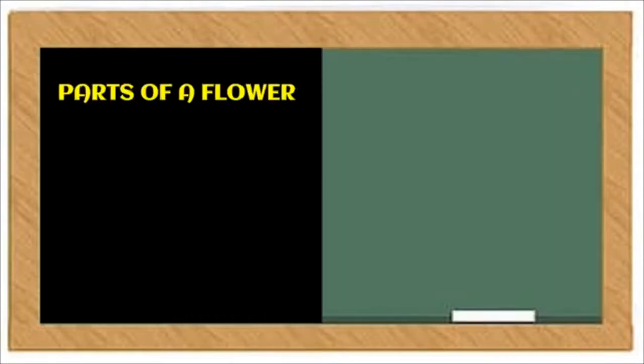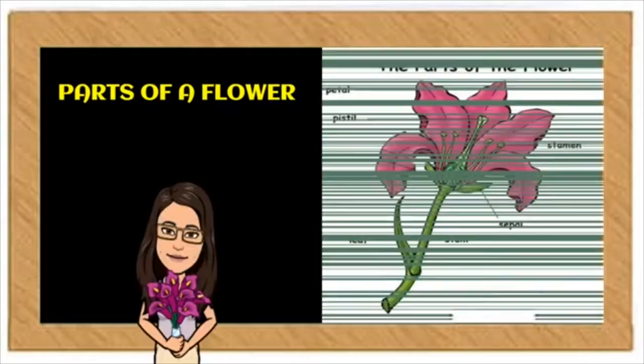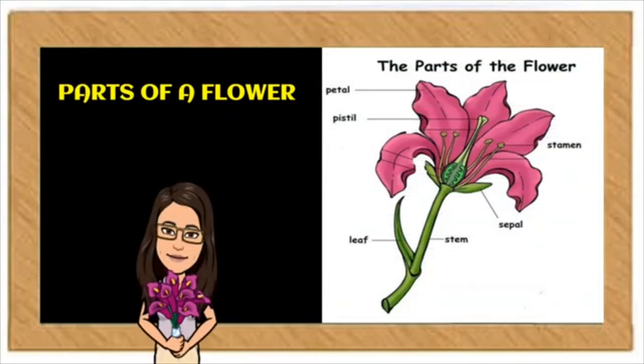Now, as we are listening about the Valley of Flowers, let us find out in detail the different parts of a flower. If you all remember, children, we have studied in a previous lesson, Anita and the Honeybees, that flowers are very important for the honeybees and play a key role in making honey. The different parts of a flower are petal. As you see on the screen, children, the color of the petal is pink.